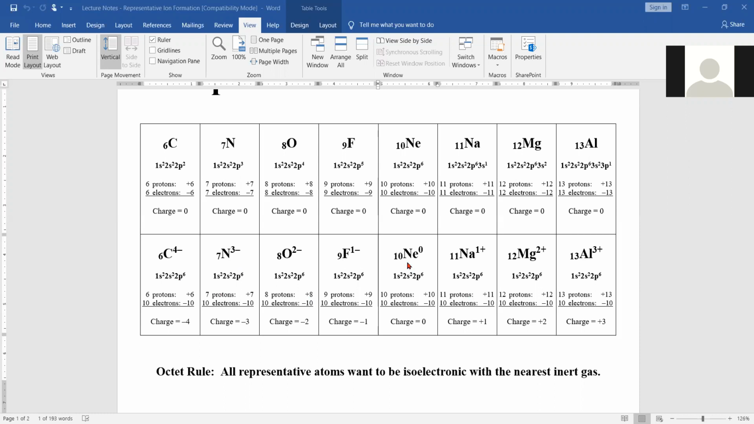Not only are they isoelectronic with neon, but they're also isoelectronic with every other atom in that row because they all have 10 electrons. Remember, each atom is isoelectronic with neon. That means they must be isoelectronic with each other. Okay? So therefore,